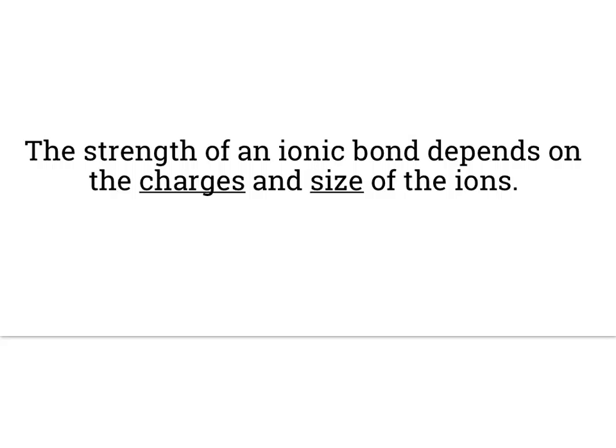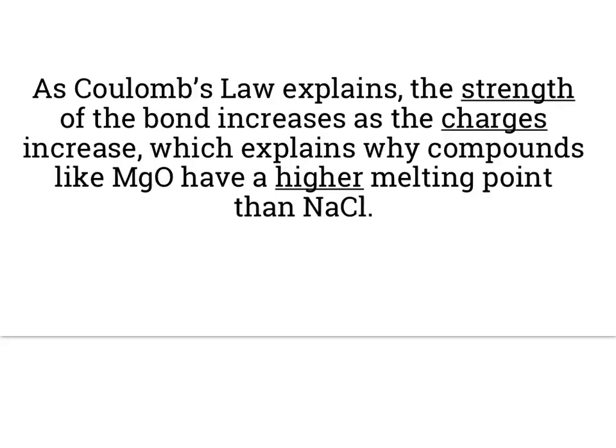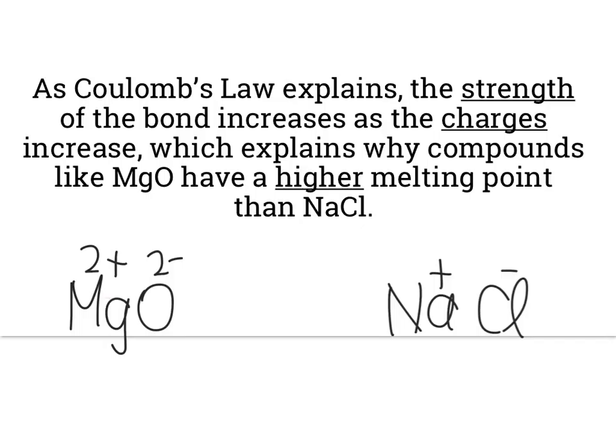The strength of an ionic bond really depends on two things, the charges and the size of the ions, which goes back to Coulomb's law. The strength of the bond increases as the charges increase, which explains why compounds like MgO have a higher melting point than NaCl. Now, in simple terms, magnesium has a 2+, oxygen a 2-, versus 1+ and 1-, which means only one electron is being transferred, thus a stronger bond. If you look at orbital diagrams, however,